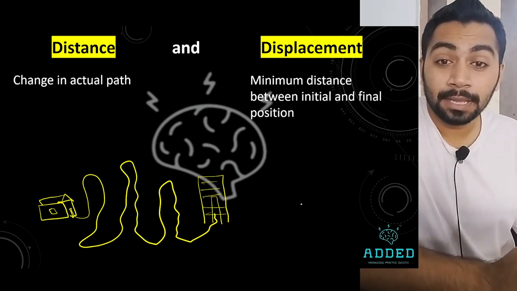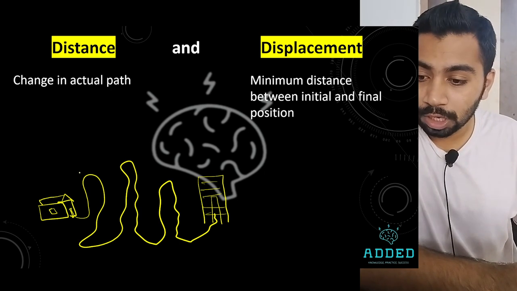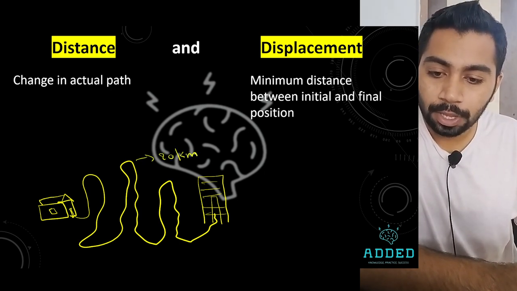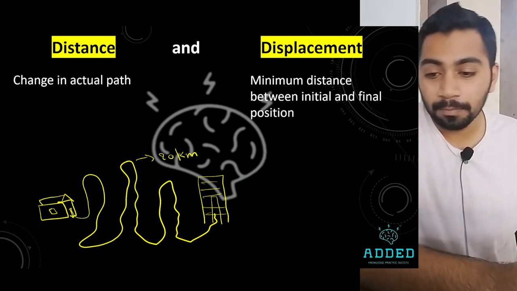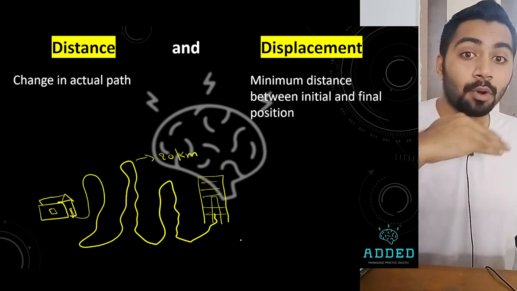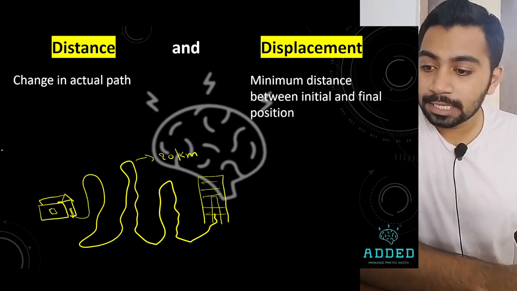Okay. Now the distance from here to here, let's say total path, let's say 20 kilometers. You went from your home to school, 20 kilometers. Now at this point, your distance is 20 kilometers,